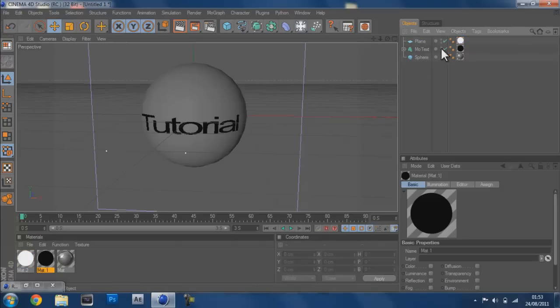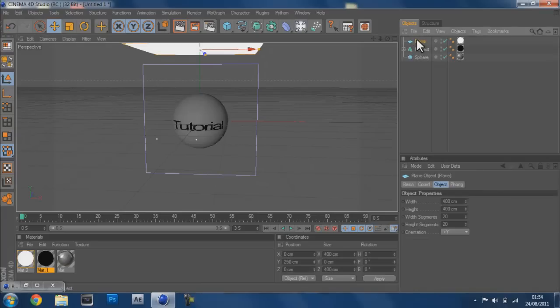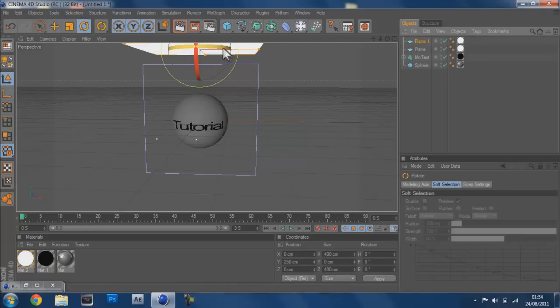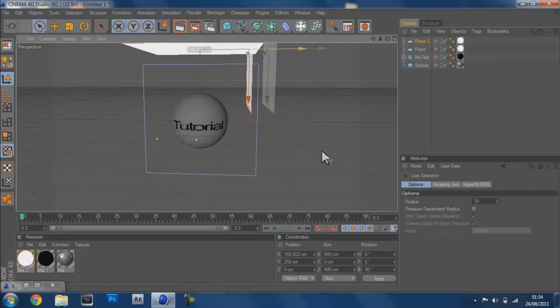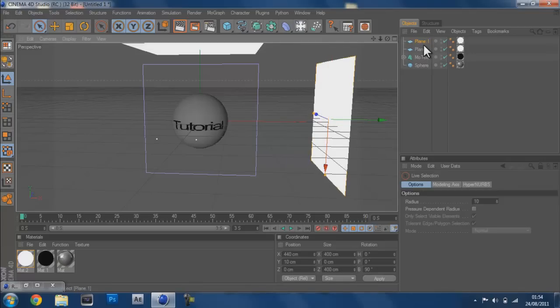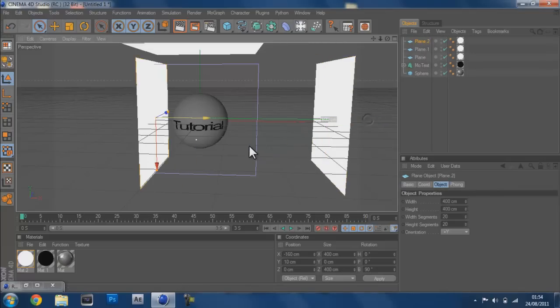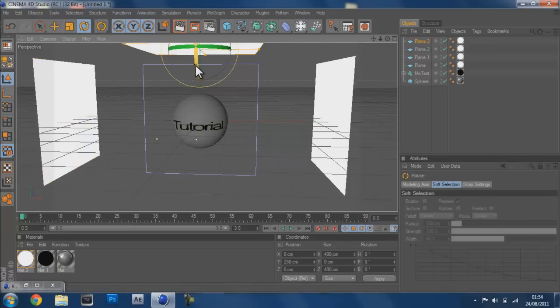So now I'm just going to come out of this, copy and paste this plane, and hold down shift and rotate it to a 90-degree angle. And then I'm just going to drag that down, copy and paste that again, put it over here, copy and paste that one again, put that in front of the camera, just so it gets all